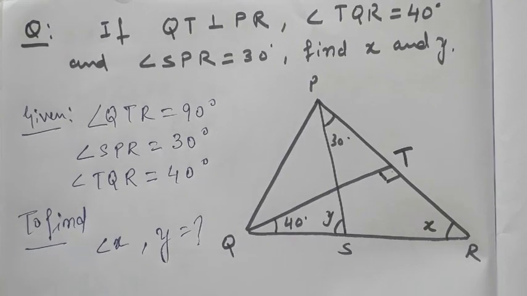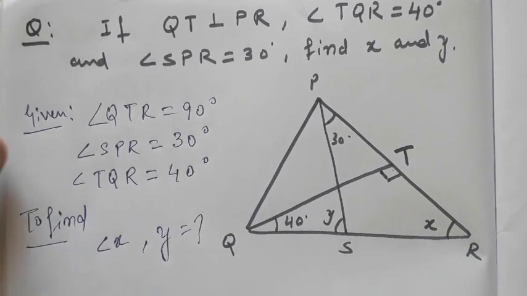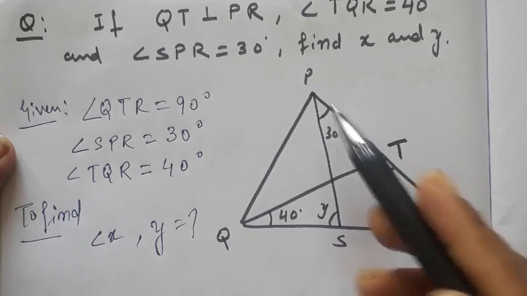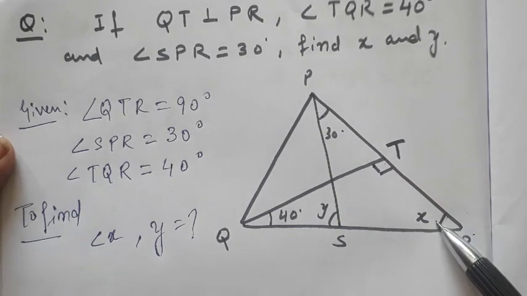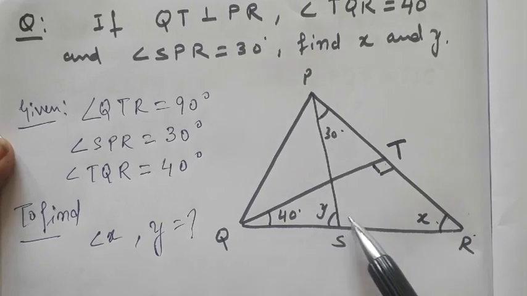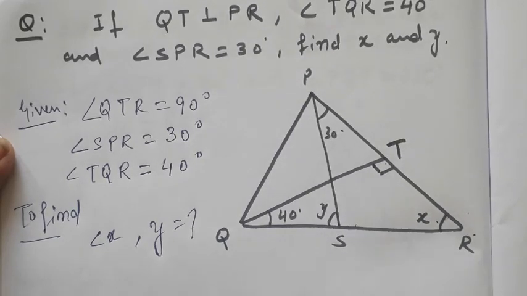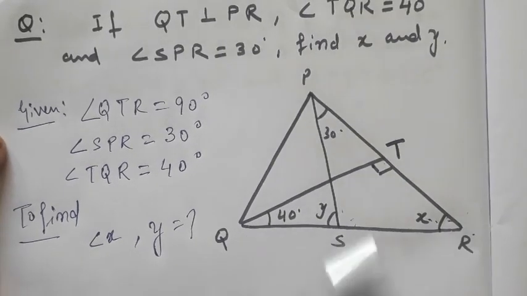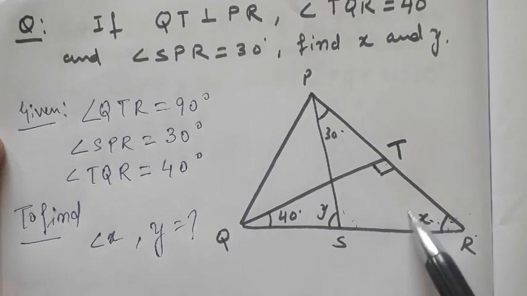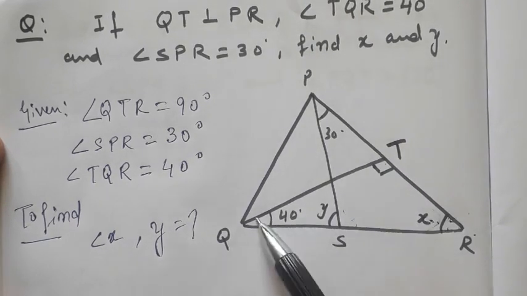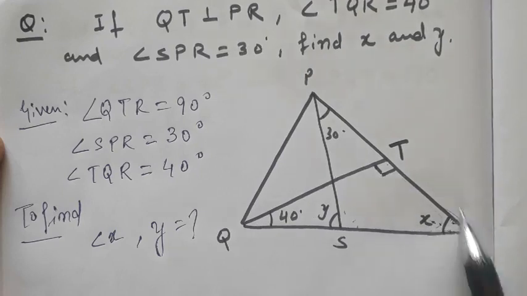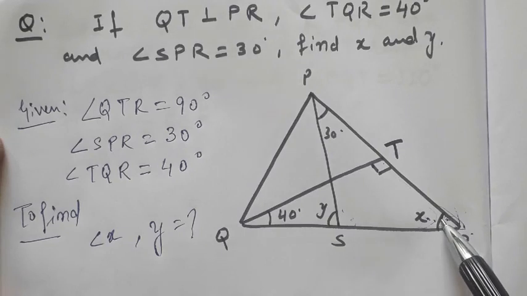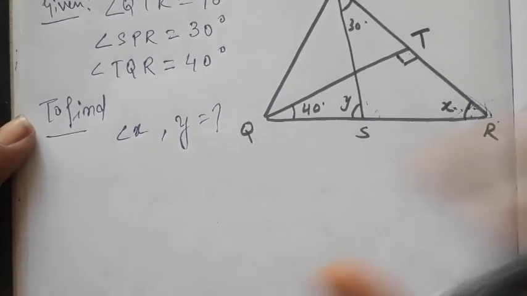Okay, so as I told you, you have to make the mind map for that. To find X, as X comes under triangle PSQ, you should know this thing, right? Two unknown things we cannot find in one go, so it is better to take another triangle in which X is confined. X also comes under triangle QTR. So this is 90, this is 40. We can get X with the help of the angle sum property, so we'll do it first of all.